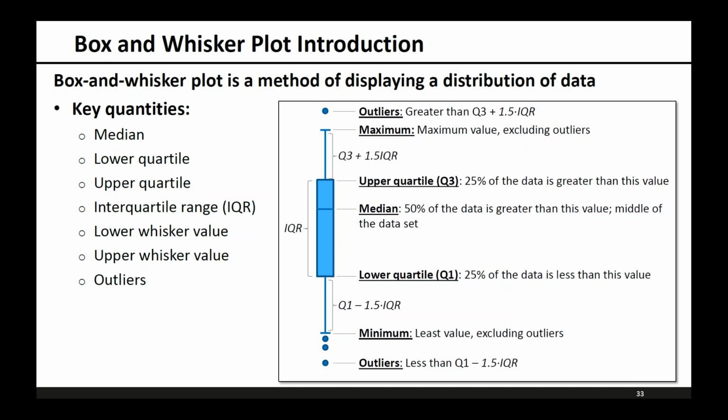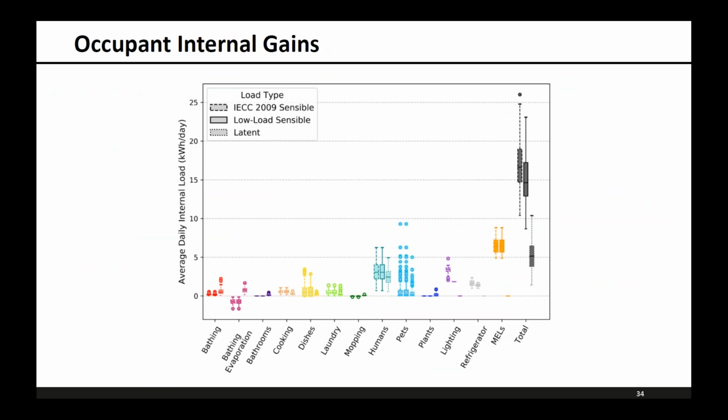The upper and lower whiskers would show the minimum and maximum values if there are not outliers, and the outliers are defined as being farther than 1.5 inner quartile, which is the inner 50% range, away from the lower quartile. So whiskers are basically representing the minimum and maximum values, except for when there are outliers. And we'll go through that again in this next slide here.